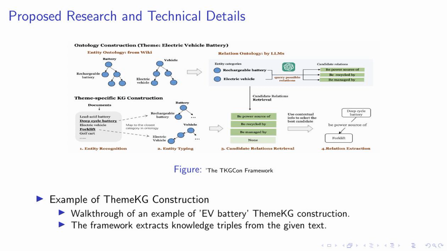The framework extracts knowledge triples from the given text, which are essentially sets of three connected entities that provide a piece of information. For instance, in our example, one such triple could be, deep cycle batteries provide continuous electricity. This process allows us to construct a detailed and theme-specific knowledge graph, which can be invaluable for in-depth exploration of specific themes. This is the essence of our TKG-CON framework, a tool that enables the creation of detailed, theme-specific knowledge